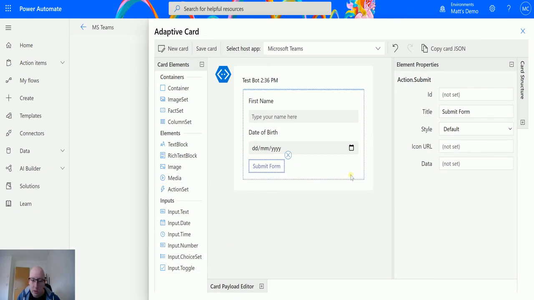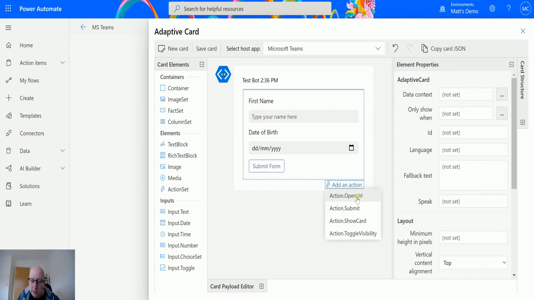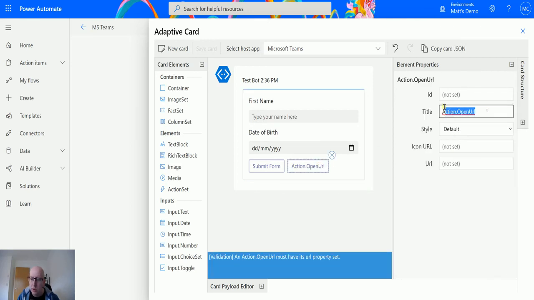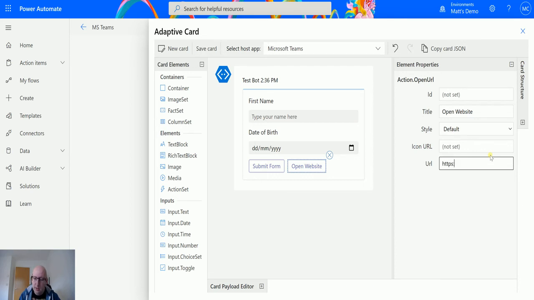I could also add an open URL action on here, and we'll call it open website. And then we need to put in a URL, so we'll put in https://www.d365geek.co.uk. And what it'll do is when you click on that, it'll open the website,